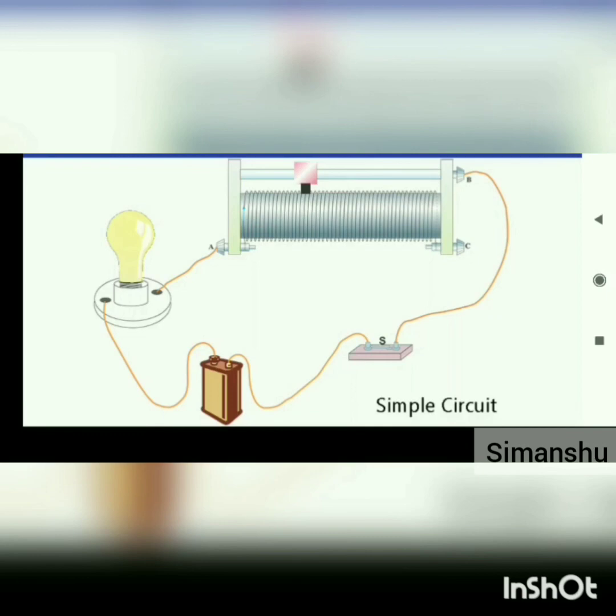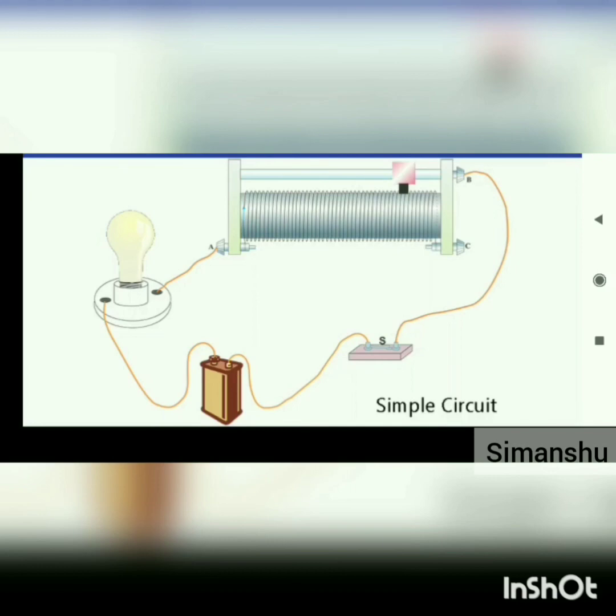Further I am going to increase the resistance provided in the circuit. See here, it is just a pale yellow color of the bulb now because resistance further increased. Again I increase the resistance. You can see just light yellow, meaning a dim light we are getting here. So resistance is opposition to the flow of current. The more the resistance, the less is the flow of current.